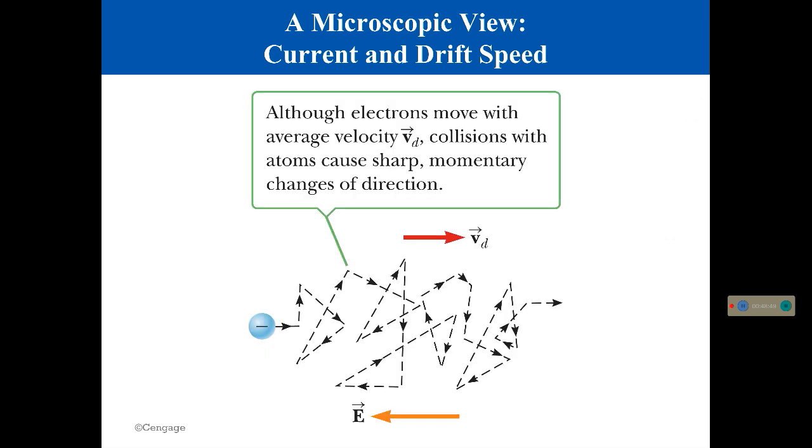So, there's drift velocity in a nutshell. I kind of drew it a little bit earlier. What does an electron do? It bounces around. Even though their speed is incredibly high, their average velocity, or drift velocity, is relatively small due to collisions with all sorts of atoms, momentarily and sharply changing what direction they're in. Like I said, think about a car in the world's worst traffic jam of all time, and you have an idea of what an electron does specifically in a wire.